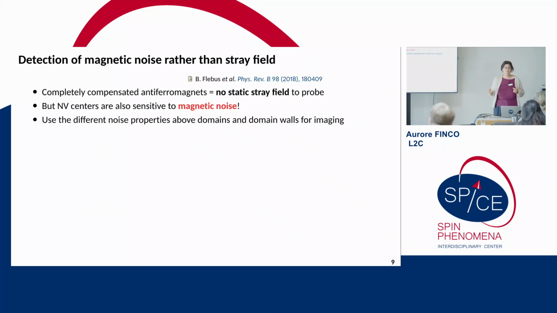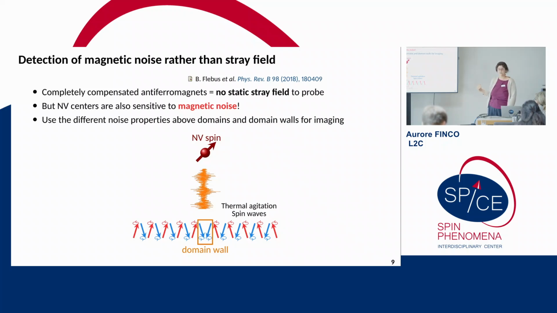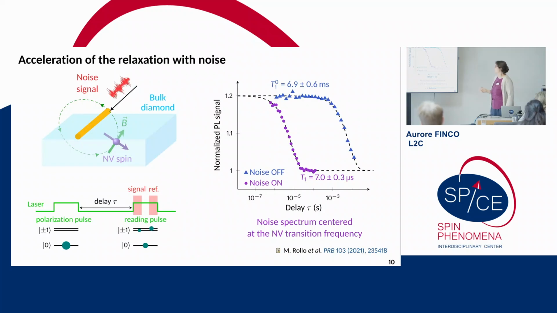This was actually proposed by Benedetta a few years ago: this noise will be different if you are inside the domain wall or inside the domain in your antiferromagnet. So it means that if we can probe it, we have a sample, there's thermal excitation in there. If we are in a domain, we will detect some noise. And if we are above the domain wall, we should detect something else. So this should help us localize magnetic texture in an antiferromagnet without the need to detect the tiny stray field that could come from a truly compensated antiferromagnetic texture. So before I show you how we did it,